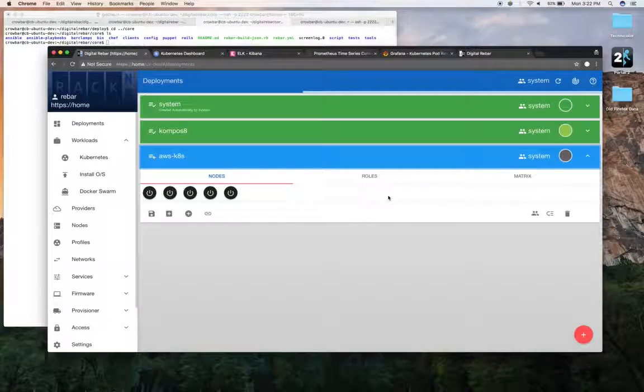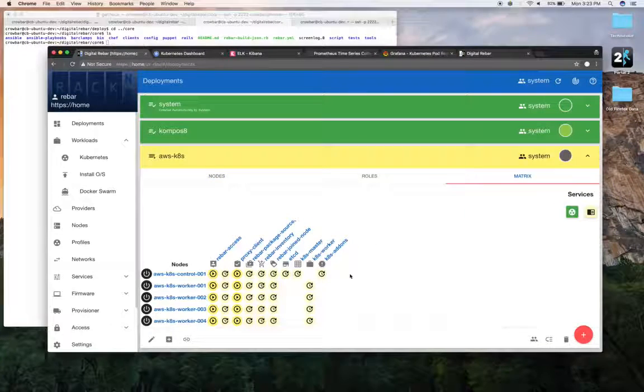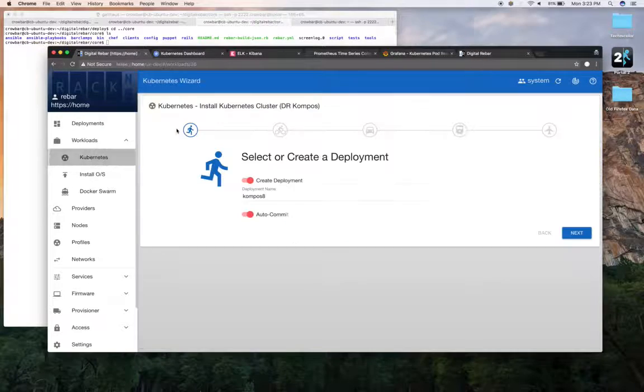And so I can see it's coming up. We've got some nodes created. We've even got our roles assigned to make that happen. It's becoming clear to me which one's the controller because it has those extra roles on it. Right. So then I'm going to say, well, at the same time, I want to test my